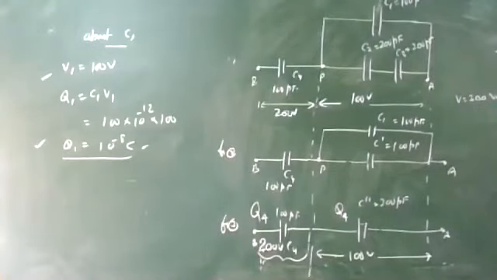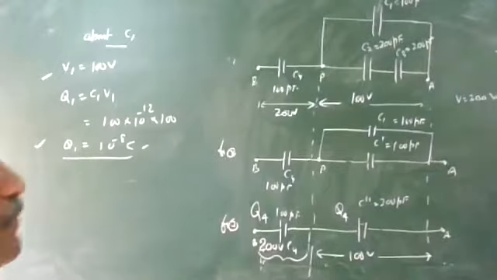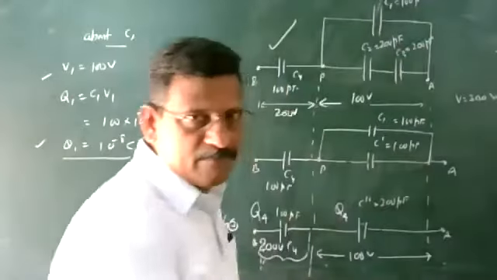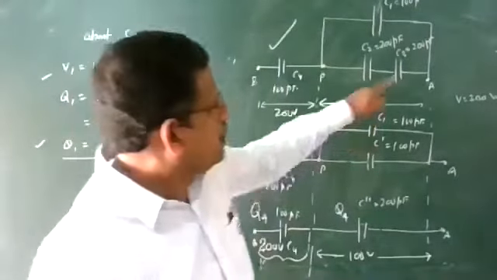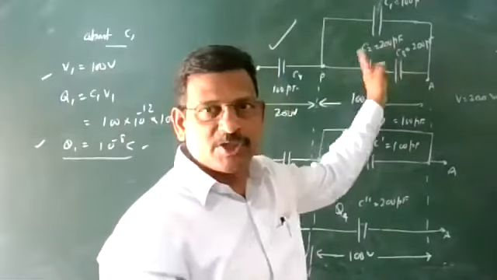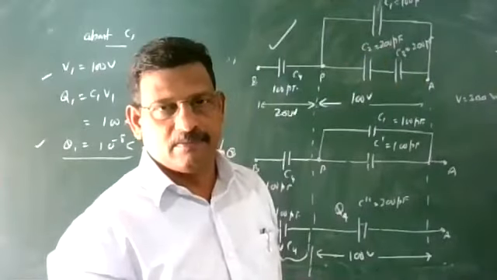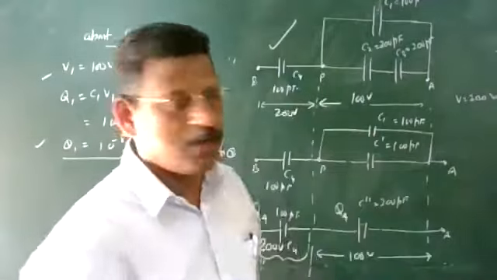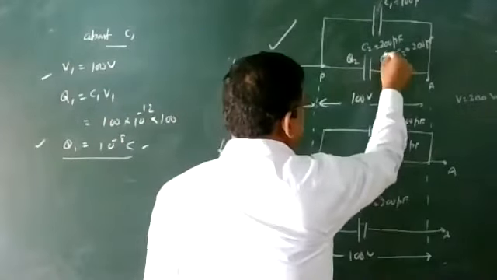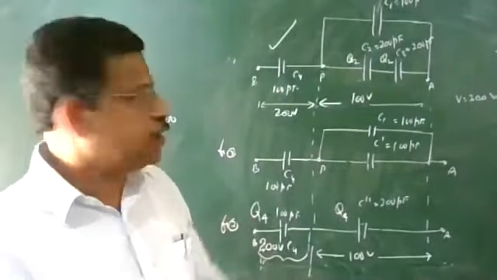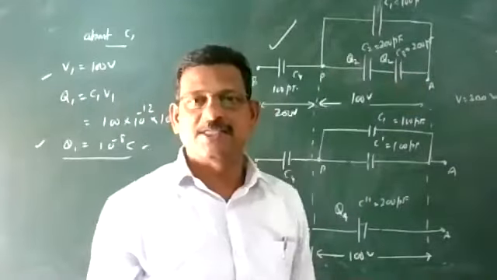अभी क्या क्या बाकी है? Which one is left now? Q1 is left. C2 and C3. So A and B, C2 and C3 left. C2 and C3 are connected in series. So ये दोनों में same charge होगा. Let it be Q2. इसमें charge Q2 है तो इसमें भी charge लेंगे Q2 because they are connected in series. So इन दोनों के बीच का potential difference is given as 100 volt.